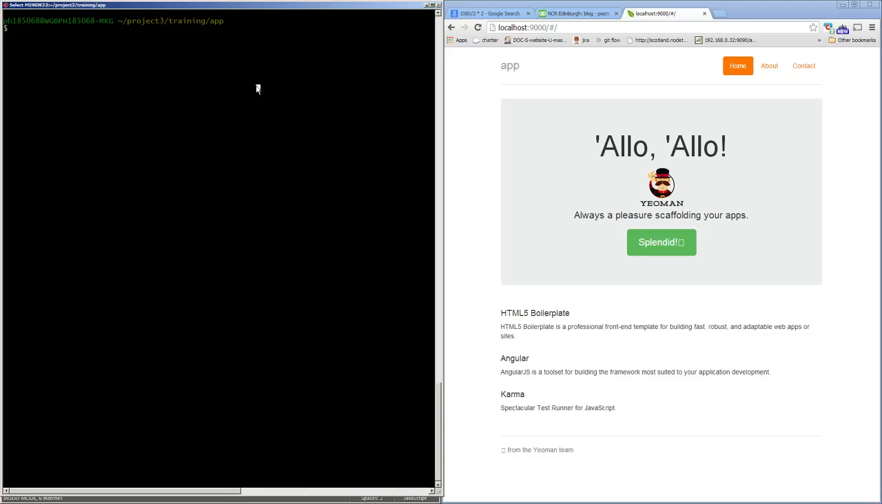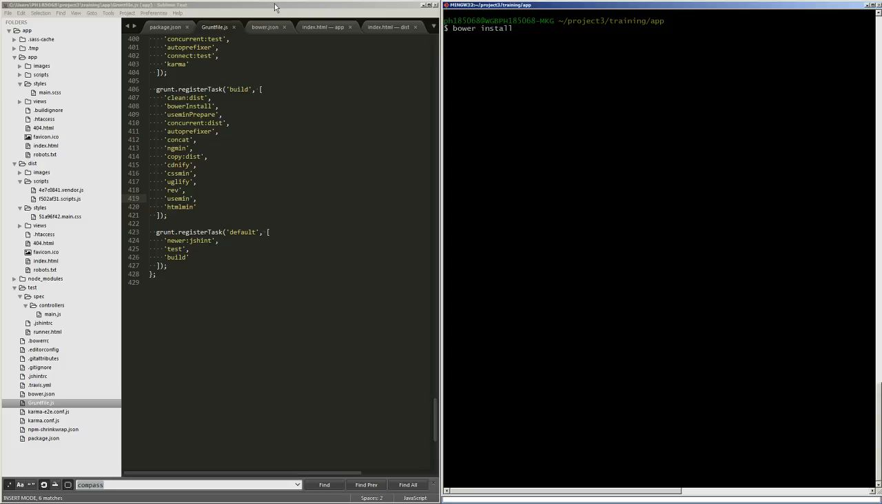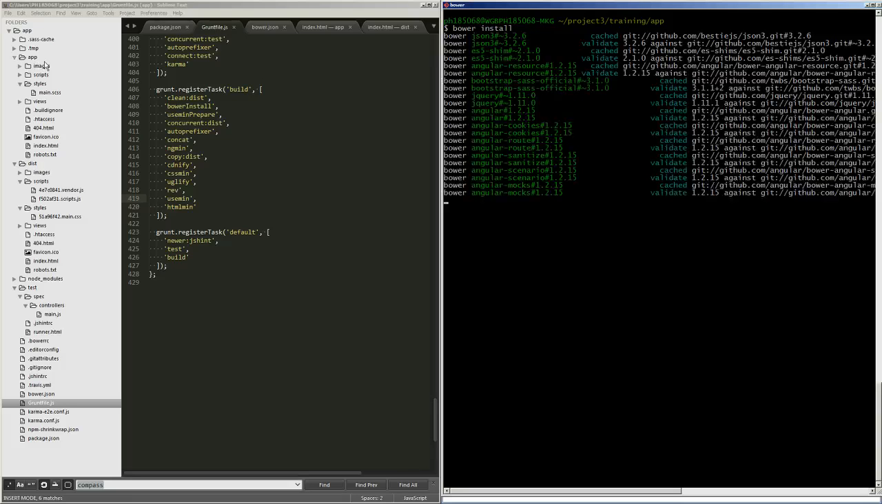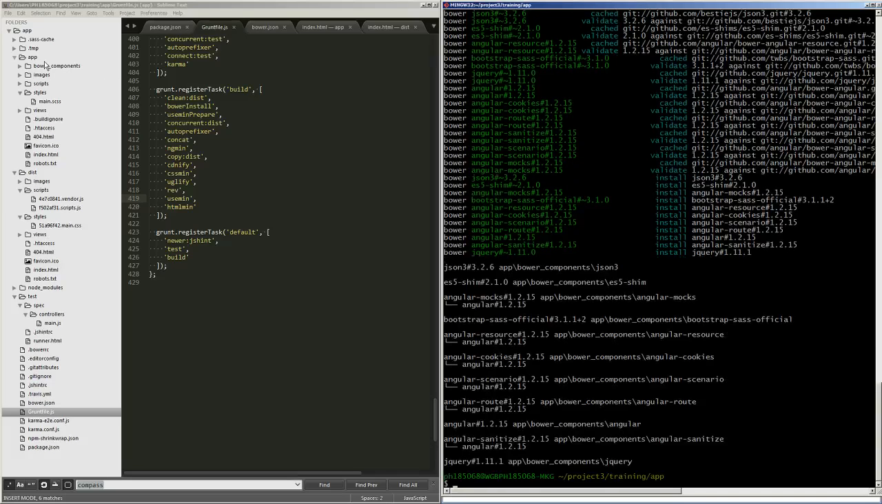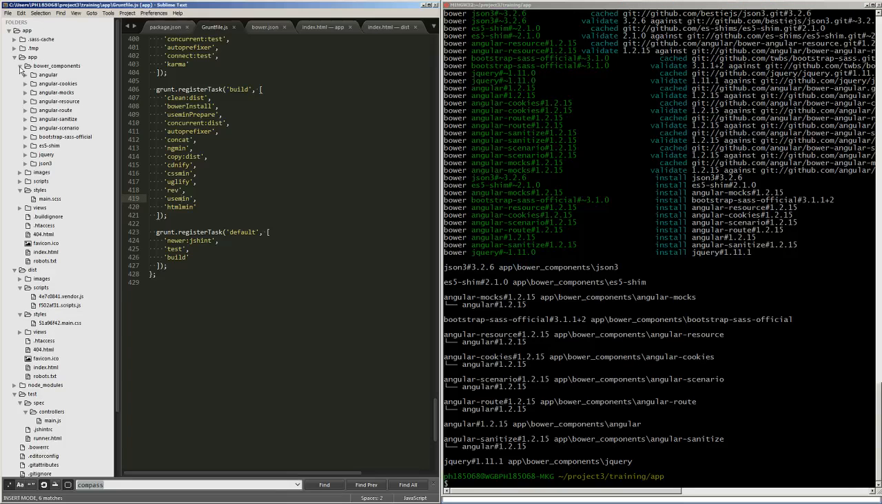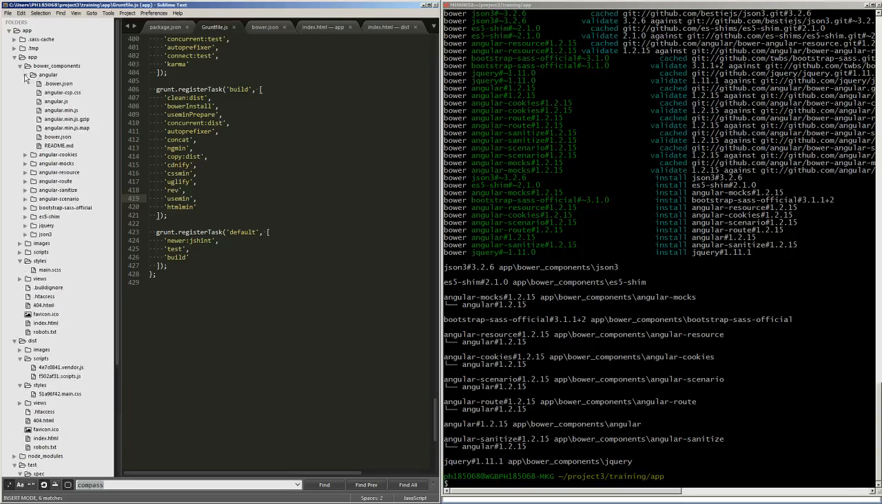Now if we do bower install, I'll maybe move this over here, and let's see what happens. Keep your eye over here. Okay, it's installing all these dependencies into the Bower components folder, and we can look inside each of these front-end